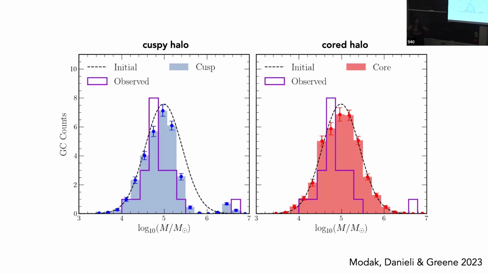Exactly. And I want to say one more thing, in case people have ideas, which is that what we also find in these toy simulations is that it only takes about 5 gigayears for the nuclear star cluster to form, on average. So it sinks to the center, forms the nuclear star cluster, and then it just sits there for 5 gigayears. So I think that it might form a core by just sitting there, because it's comparable in enclosed mass to how much dark matter you have at the center.